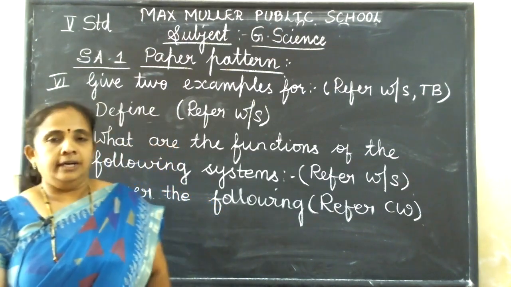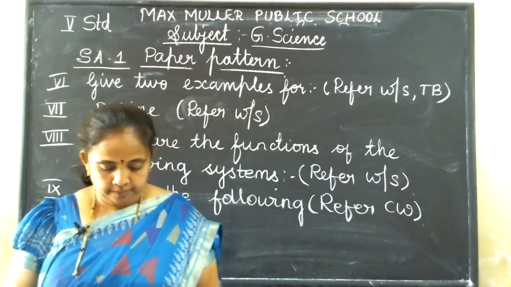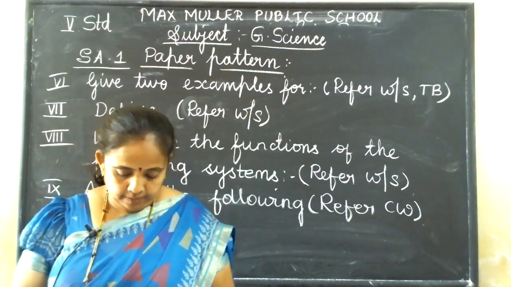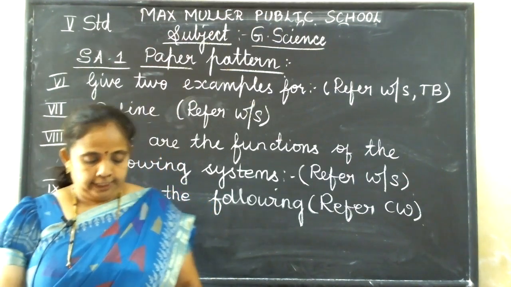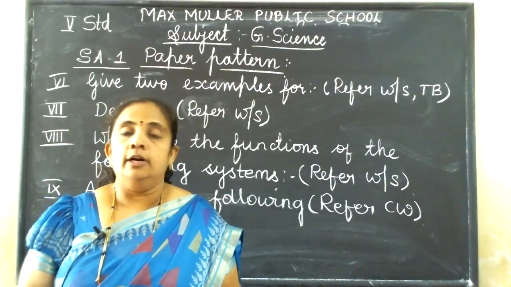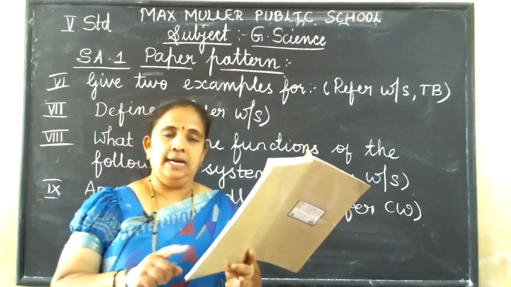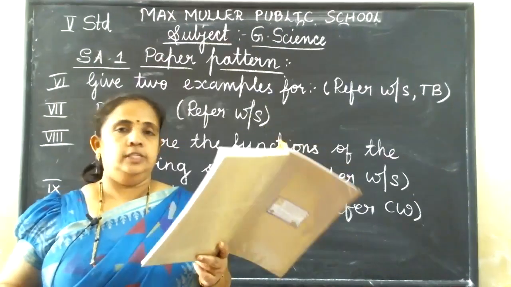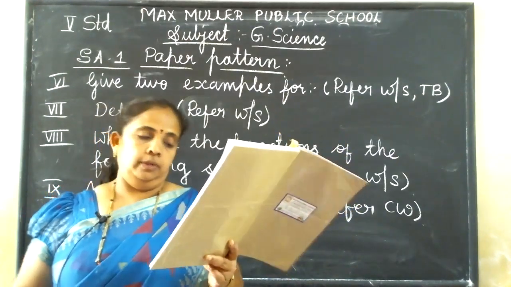Then the last lesson, the nervous system. First one, how does the cerebrum help us? The cerebrum helps us to think, reason out, learn, remember, and take decisions. It also controls our emotions. In your PDF, the last line is not given properly, children. At the end of this class, I'll write the answer. Better copy it properly.